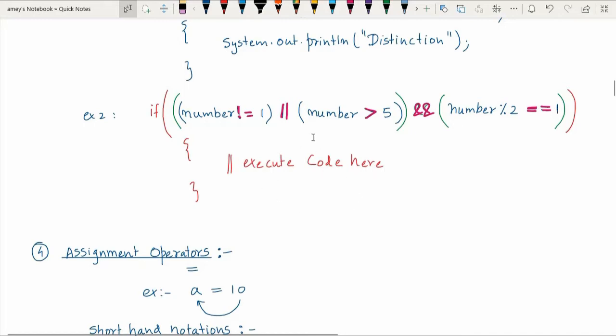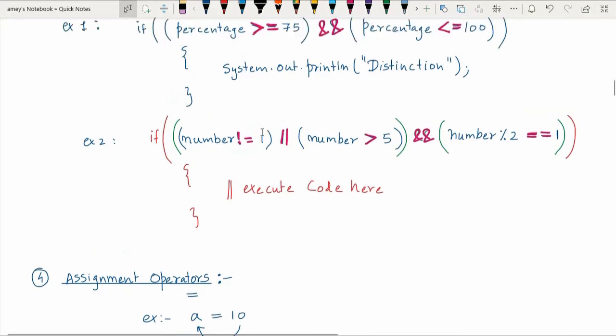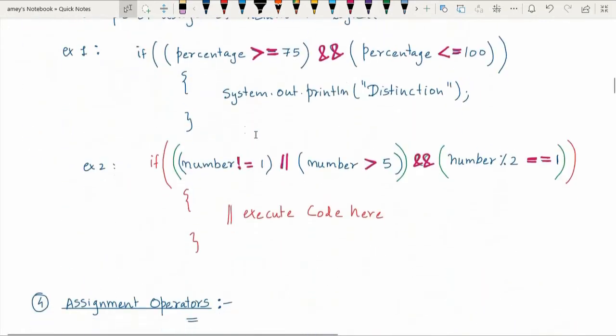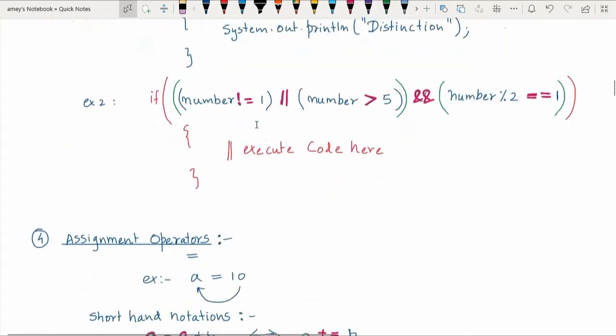So this is just another example of how you can use the logical operators and the relational operators in a mixed mode. We are going to see this when we see some programs, after discussion of if-else statements and other branching statements and loops. So till then we will hold the discussion of these two operators.